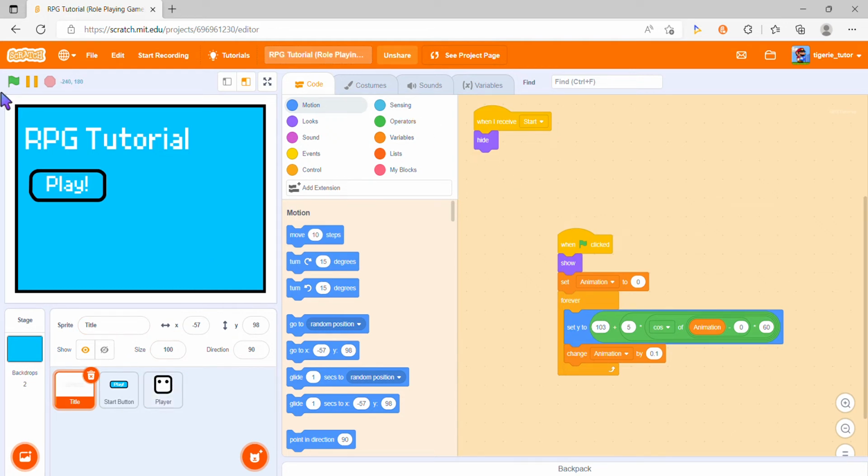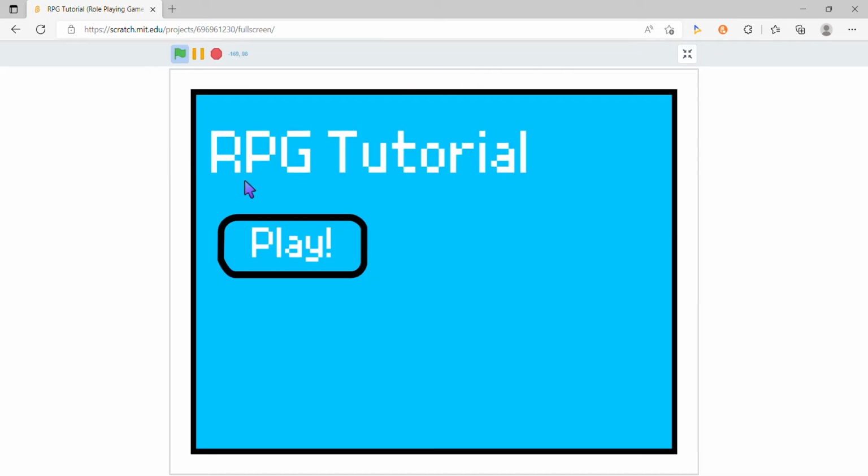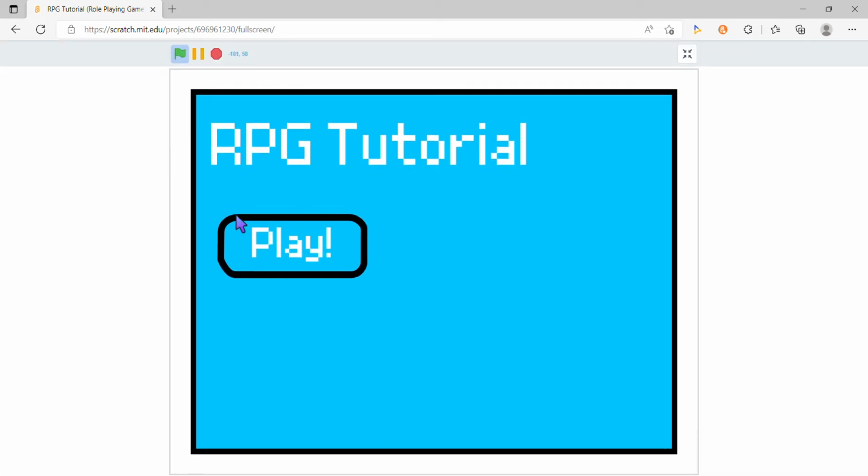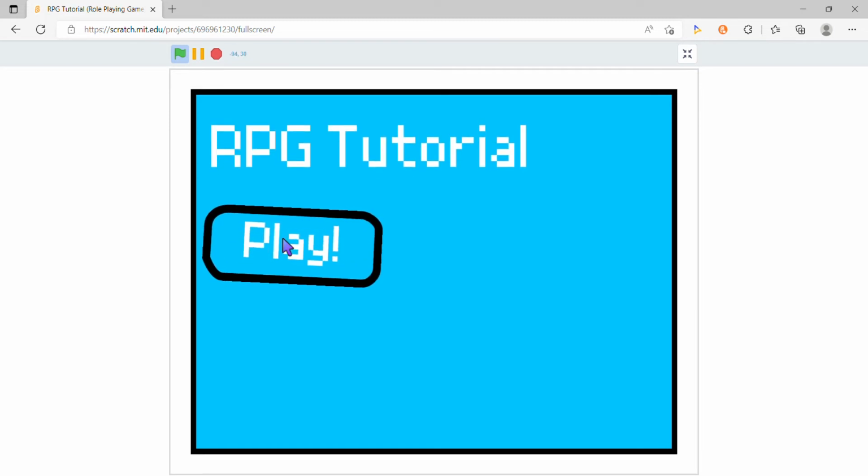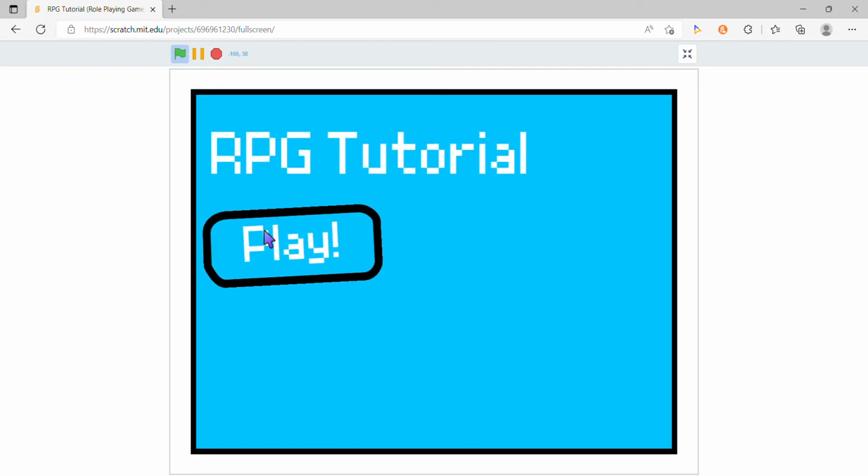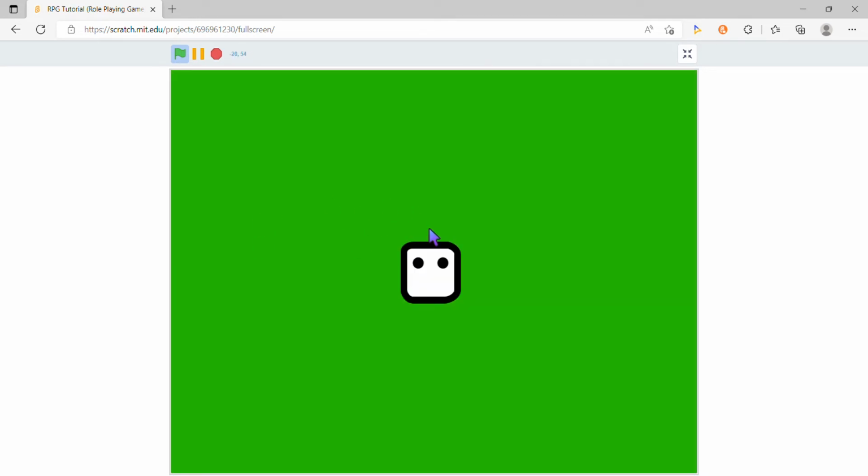For now we have this project right here. This moves up and down. This moves right and left according to your mouse pointer and changes its size smoothly. And when we click on it, there we go. And when we click on it, we can use the arrow keys or the WASD keys to make it move up and down, diagonal, something like that. But we did not change this